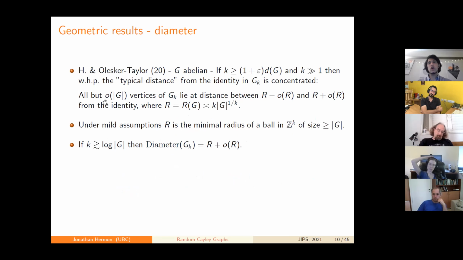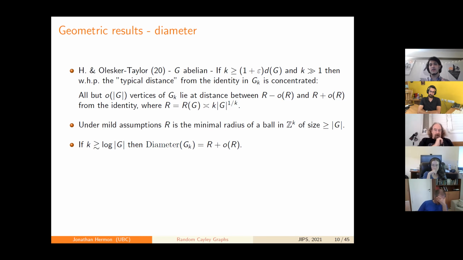Okay, so we also have some results about diameter and more generally about what I call typical distance. So for abelian groups, we showed that if the number of generators is a bit larger than the dimension and the number of generators diverges, then with high probability, the typical distance from the identity in the random Cayley graph